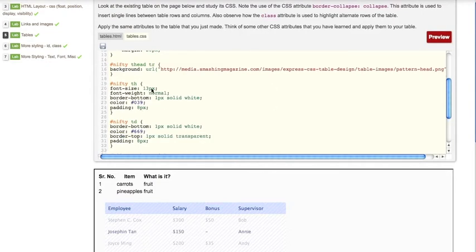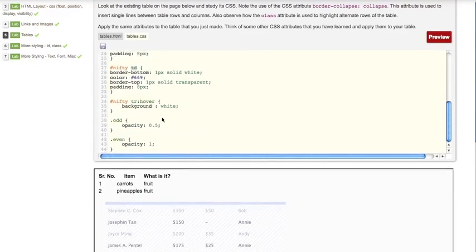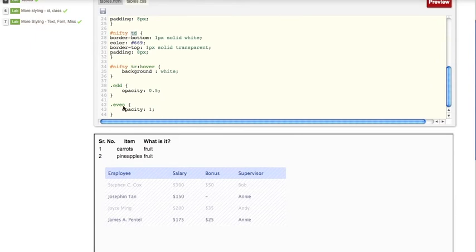Here we're assigning different styles to the th element and also a set of different styles to the td element, right? Now what is interesting is the odd and even class that we saw in the HTML file. What we're doing here is assigning different style attributes to odd and even, and therefore they appear differently, right?